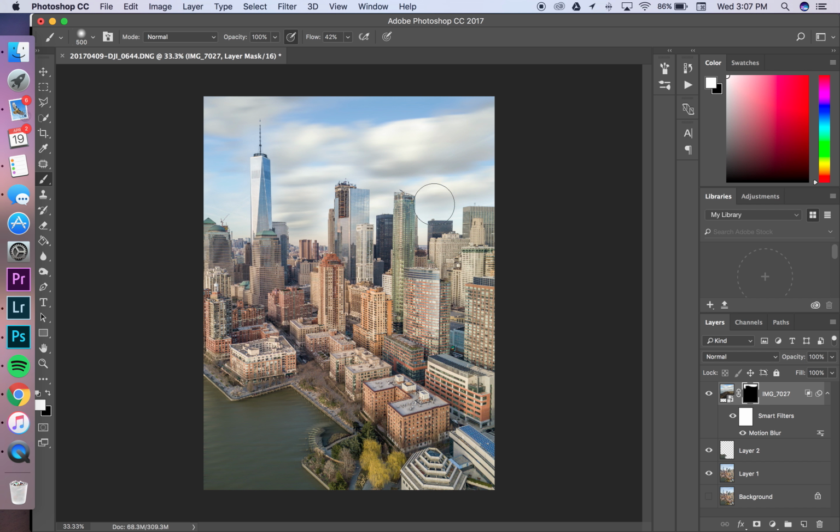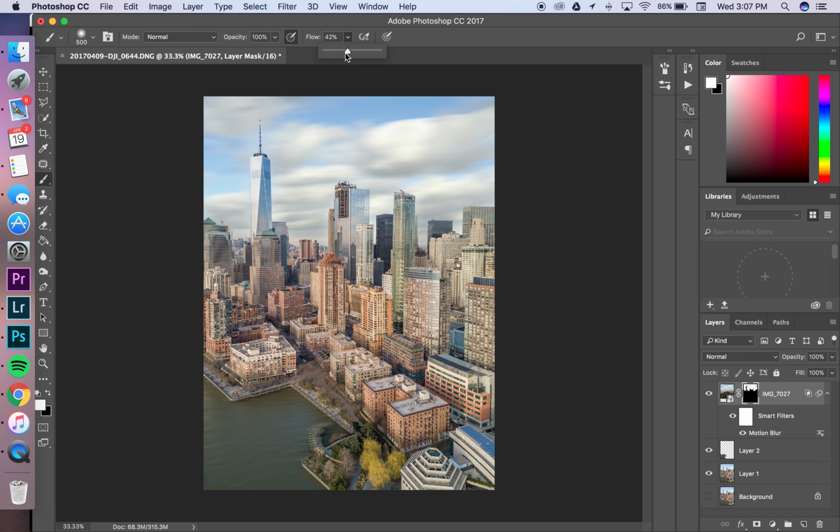And that is coming along nicely. You'll notice that I'm actually touching onto the buildings, and it's still not really impacting much of the overall image. And that's the way it should be because of the way that we utilize the blend if. Okay, and then of course we can go back here to the mask, and we're going to